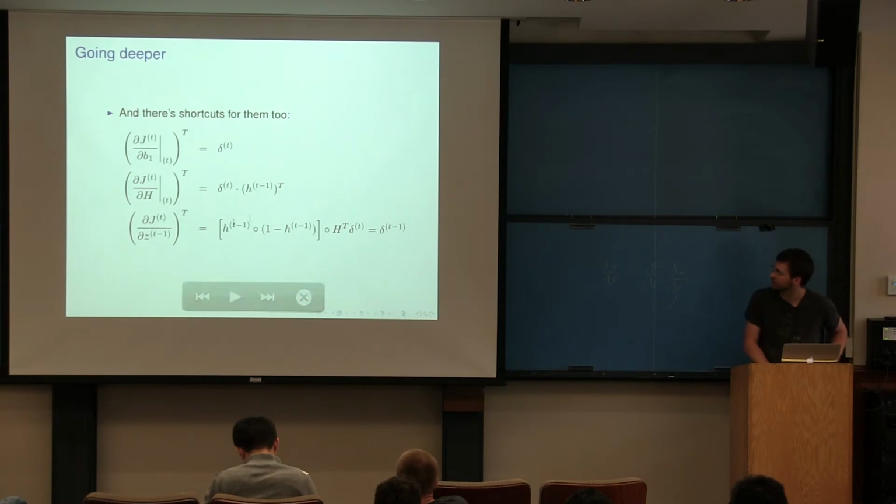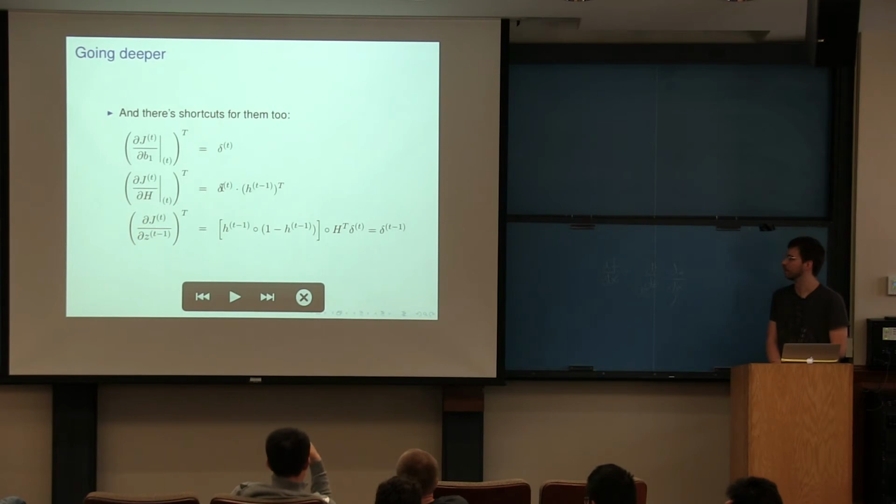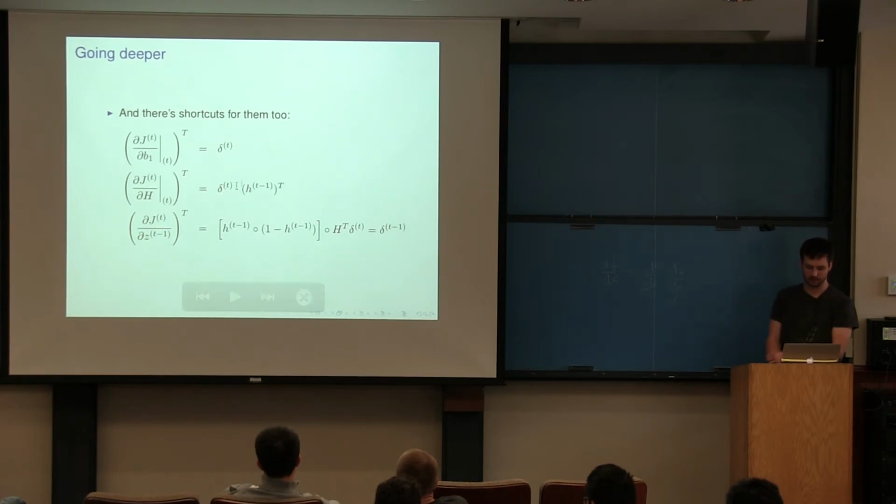And again, there are the usual shortcuts. If you have a bias term that's just added, the derivative is just delta, because there's that identity matrix we saw before. We just pretend that it's not even there. With respect to the matrix, you take this outer product and you look at this. This has the right shape. This expression ends up with the same shape as H, because this delta has the number of elements equal to the output of H, and this has the input to H.